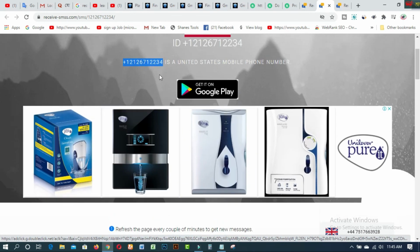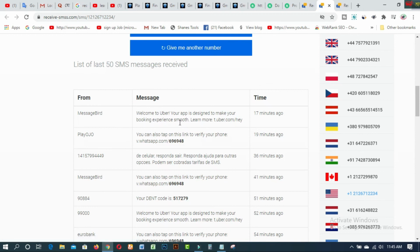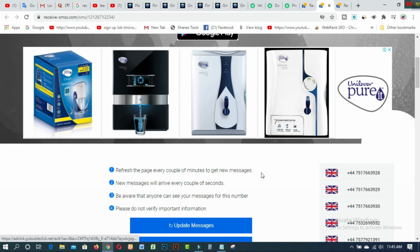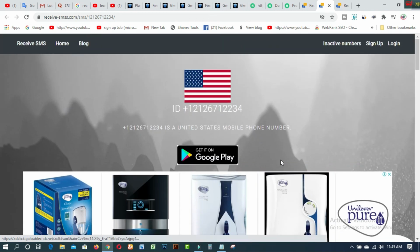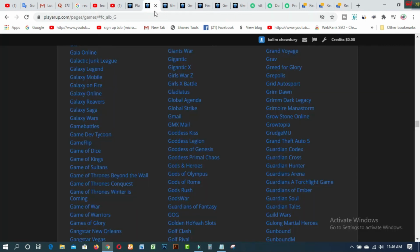So if you want to use this number, you just have to click on this updated message and you will get these notifications, and you are watching this one from 17 minutes ago. Welcome to Uber. Your app is designed to make your booking experience smooth. Learn more at uber.com. So you are watching this one. Last SMS receipts are over here, and you can use this platform easily for creating any type of unlimited USA or other countries' Gmail accounts. So this is the best and easiest way. I mean, this one is a temporary phone number to create a new Gmail account for selling on this website,